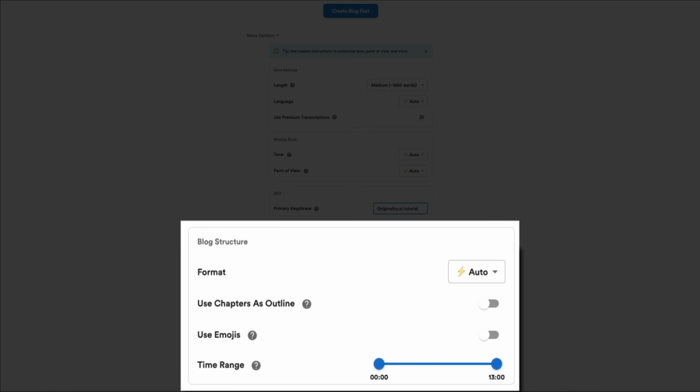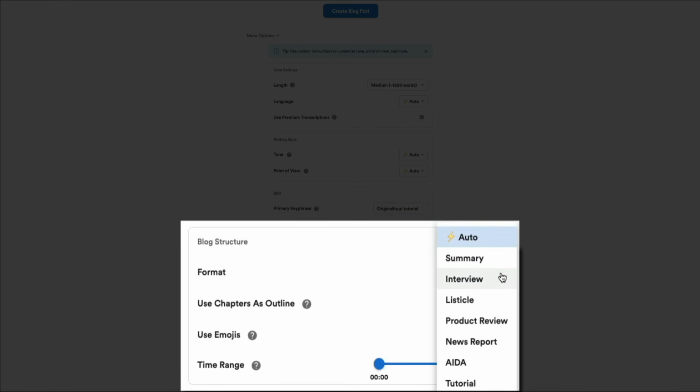This gives you control over the format and structure of your generated blog post, allowing you to tailor it to your preferred style. The format dropdown lets you choose how your blog post is structured. By default, it's set to auto, but you can manually select different formats such as summary, which is a concise breakdown of the video content, interview, ideal for Q&A style videos, listicle, this is a structured list format, great for step-by-step videos or top 10 lists, product review, which is a review-focused format tailored for product-related videos, news report, a